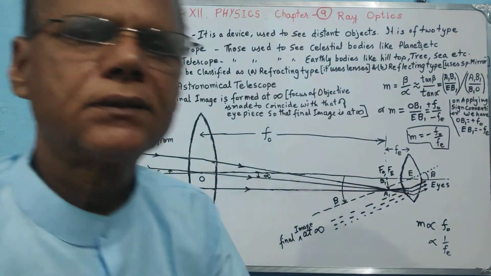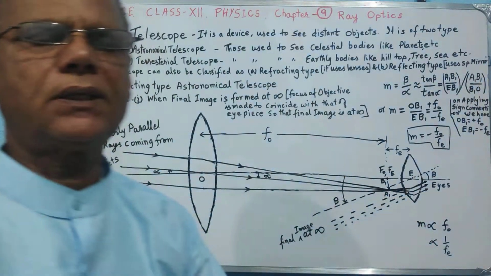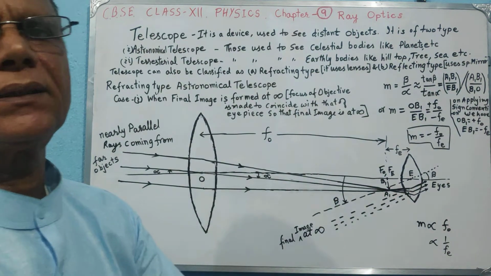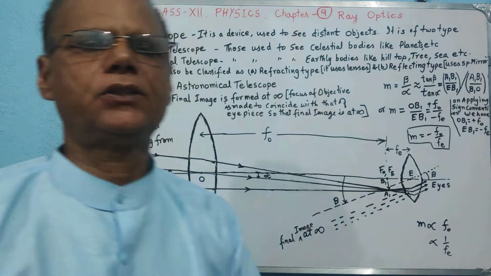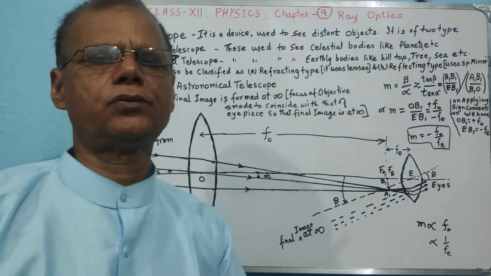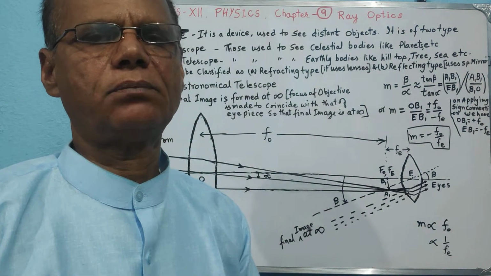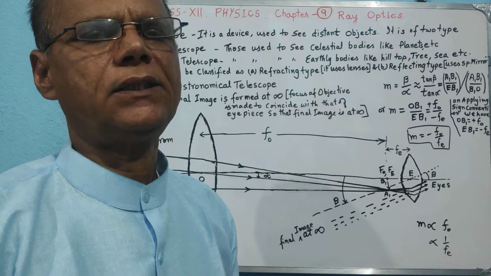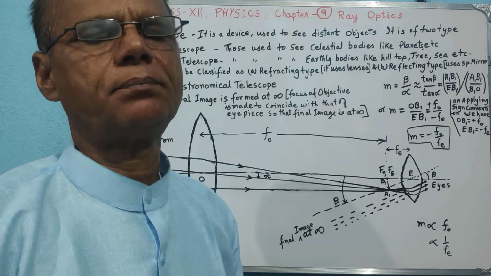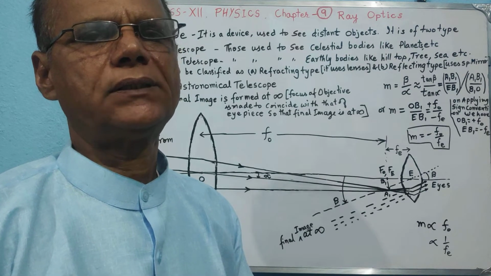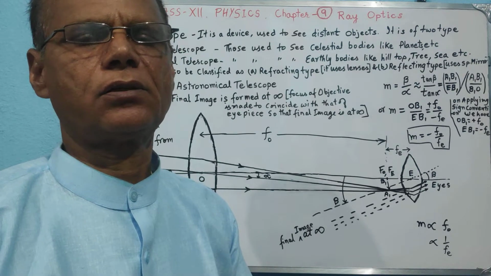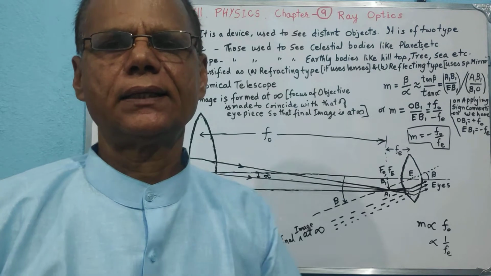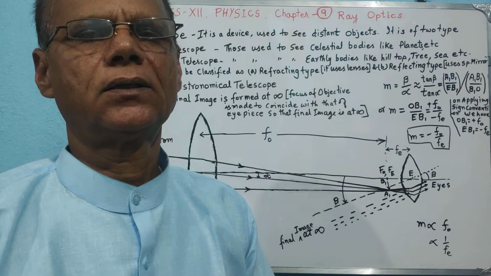Dear students, today we are going to learn about a new device which is known as telescope. You see, telescope is a device which is used to view the distant objects, and it is of two types. One which is used to look at the celestial bodies, that is astronomical telescope, and another is which is used to